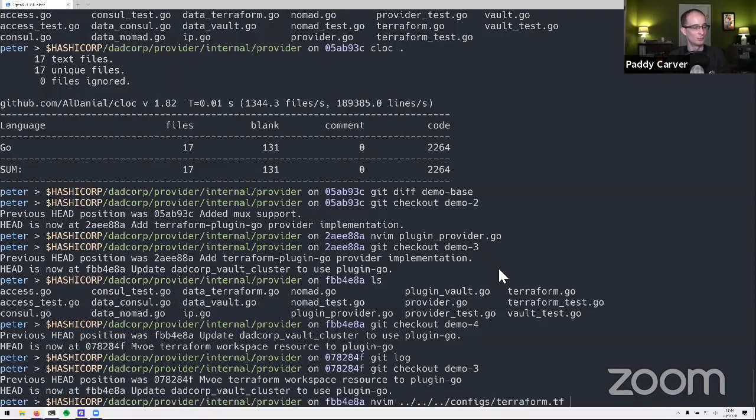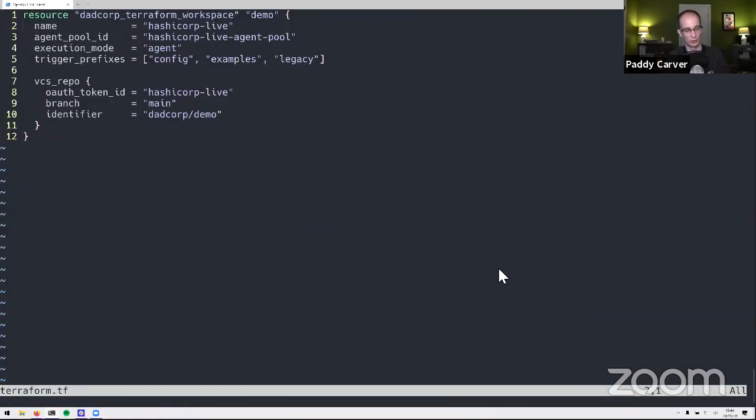Let's take a look at Terraform workspaces, because of course DadCorp Cloud would not be complete without its star product that everyone loves the most, because the people that work on it are just the funniest and most charming. The Terraform Cloud offering here. So let's take a look at this. Terraform Cloud at DadCorp has a neat thing where you can execute on agents. HashiCorp, being derivative, copied this from DadCorp, but it's also very exciting that we have it. And you should check it out using Terraform Cloud, which is the only business pitch I will give you today.